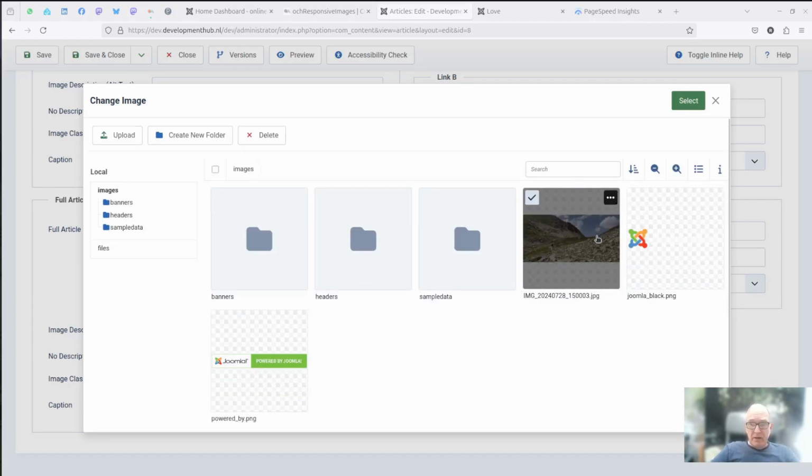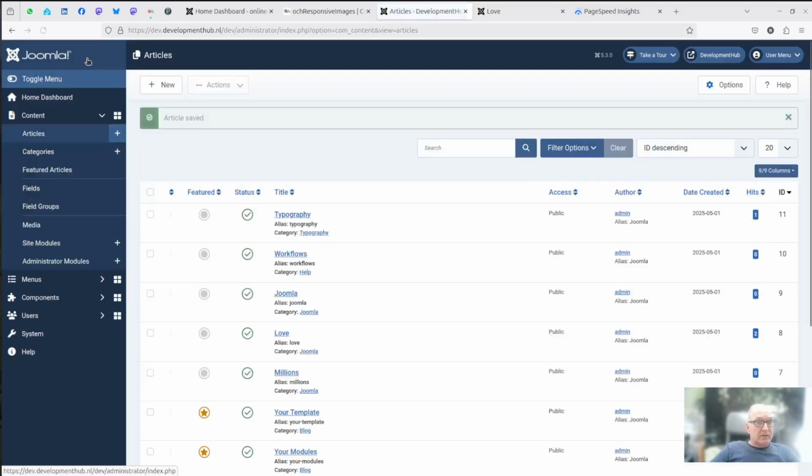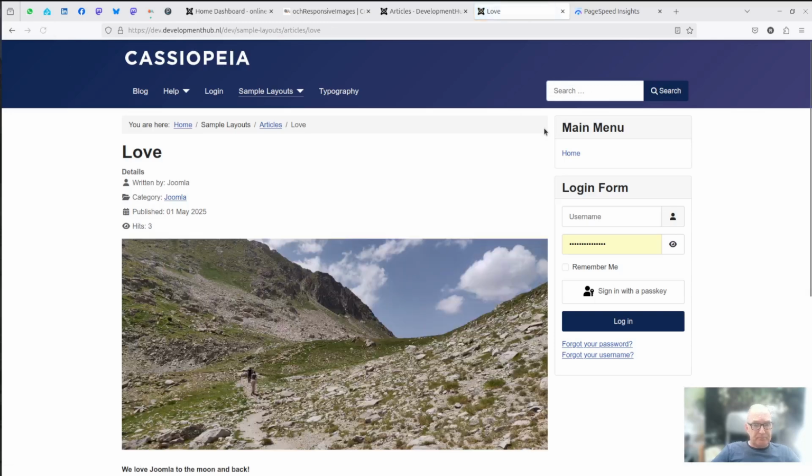It's not optimized, it's full size. I just upload it and put it in here, and as you can see, this has a width of 4608 pixels and a height of 2167 pixels. Okay, so let's save and close, and let's see what that looks like on the front end.